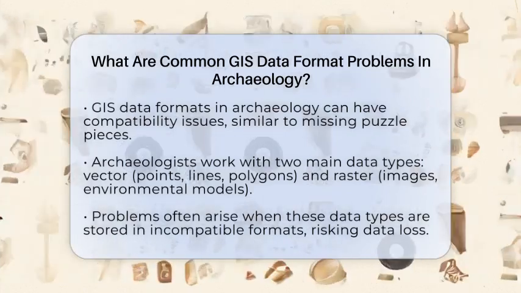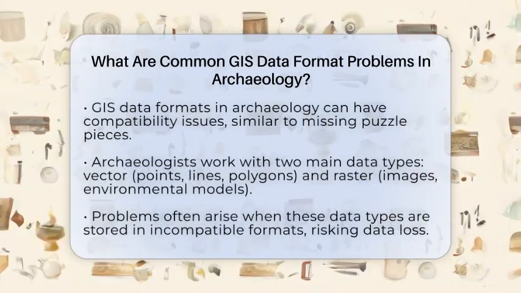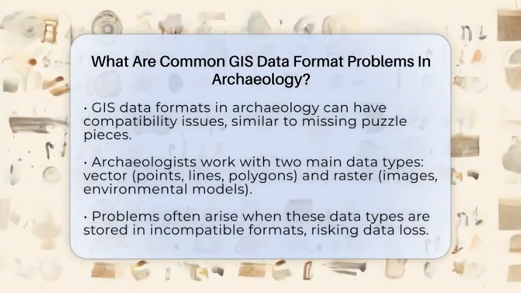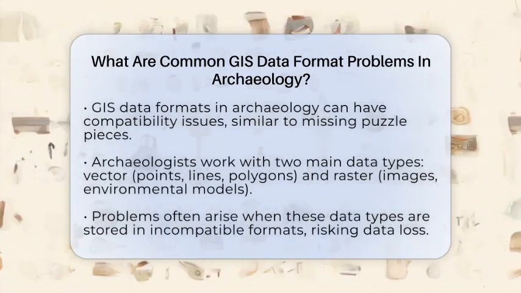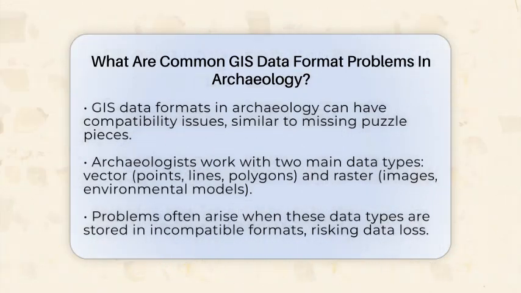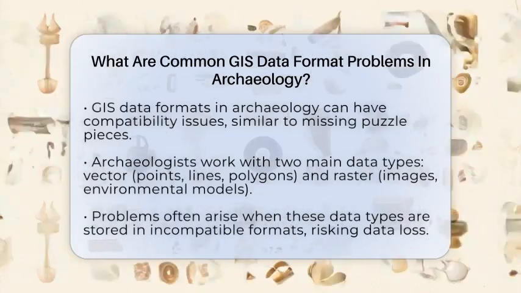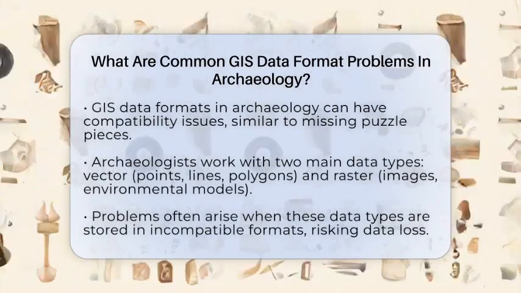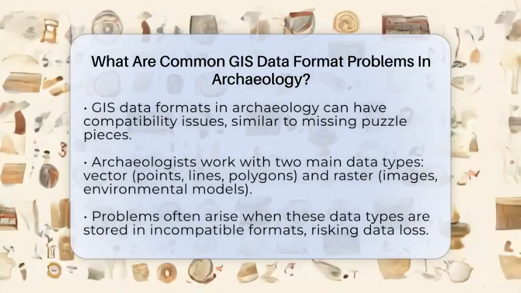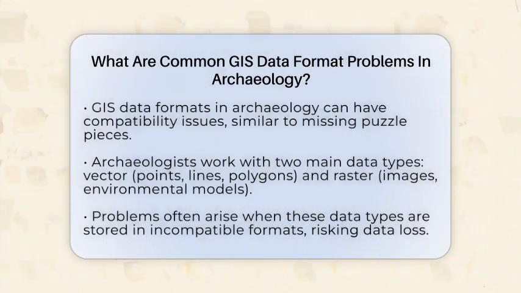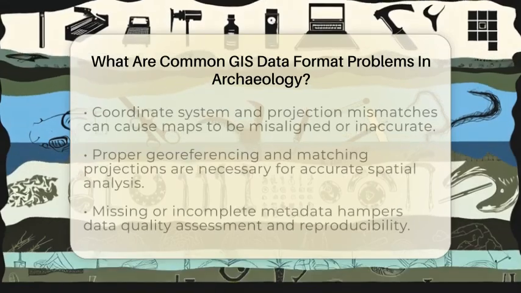First, archaeologists work with different types of spatial data. There are vector data, which include points, lines, and polygons representing artifacts, site boundaries, or excavation zones. Then there are raster data, like aerial images or environmental models stored as grid-based files. Problems happen when these data types are stored in incompatible formats. For example, if a site boundary polygon is saved in a format that doesn't support attribute data, important information might